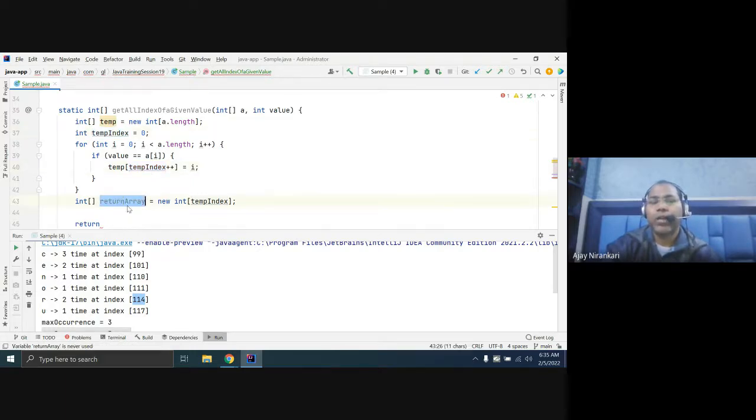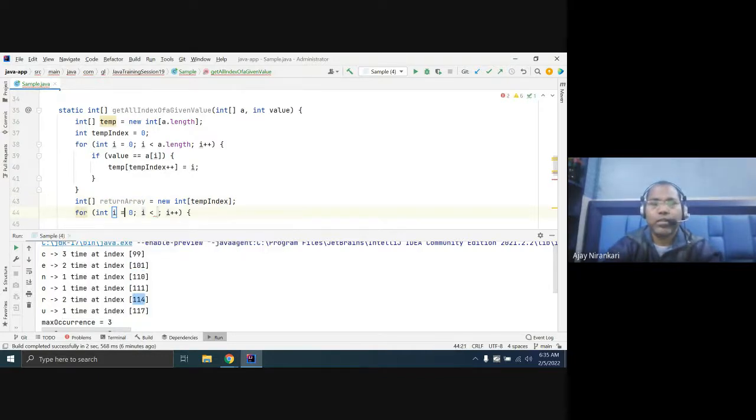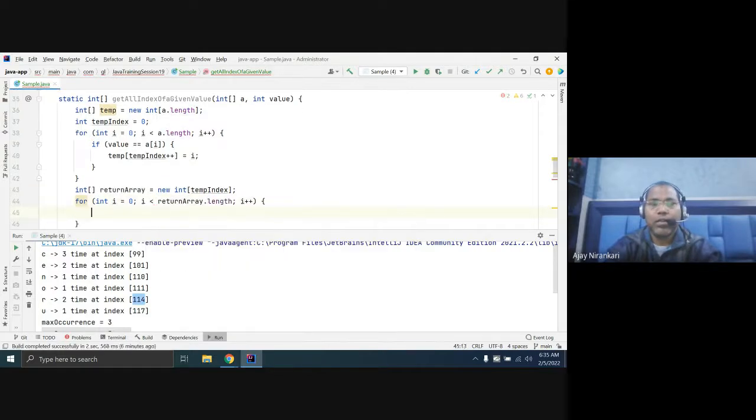And just after that, whatever new array you created, return array dot length, and just copy the value of your temp index.